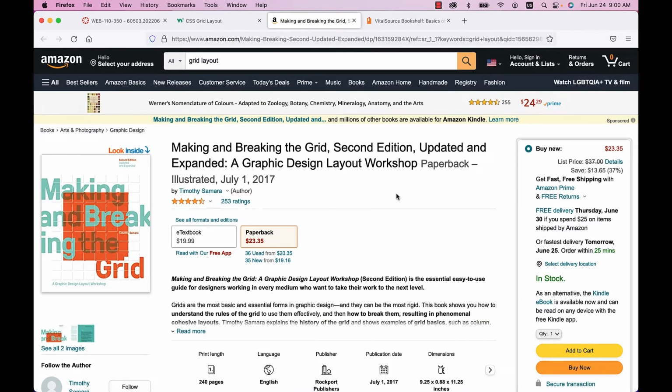Now, I don't remember if I mentioned this. I might have linked to this when we were looking at Chapter 3's content. But this is a good book called Making and Breaking the Grid. If you are not as interested in design, I wouldn't worry about really looking at it. But if you are interested in design, you might check it out from the library and take a look at it. It's all about printed design. So if you are really interested in digital media and website design, it's not even necessarily worth buying per se,